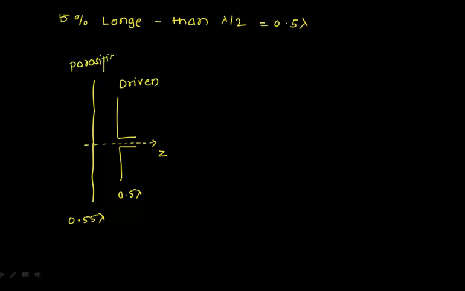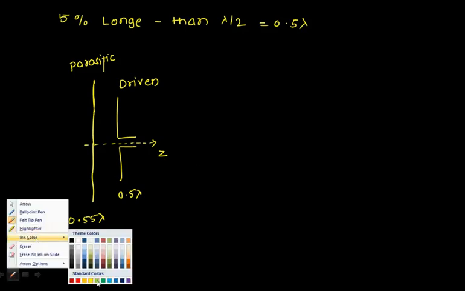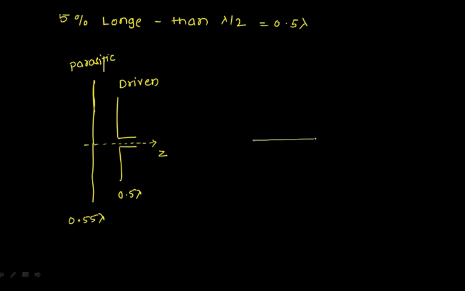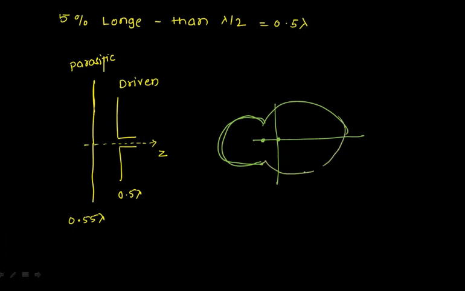So what kind of things will you observe? Now here you have kept the length greater than your feed element. So the radiation pattern you will observe here will be something different. You will not get an end fire kind of pattern. Your reflector is placed here, your driver is placed here. So if you see the radiation pattern, your back lobe is comparatively reduced, and your front lobe will be enhanced in this case, because the radiations get added in this case.